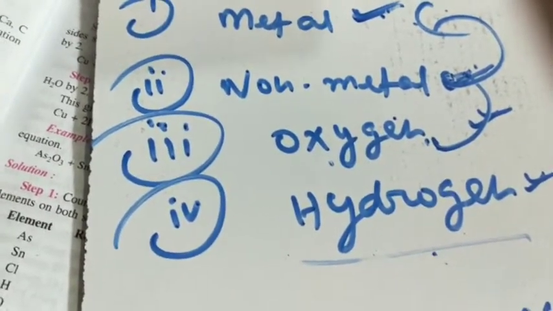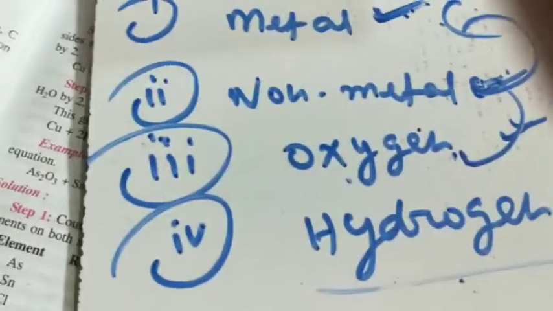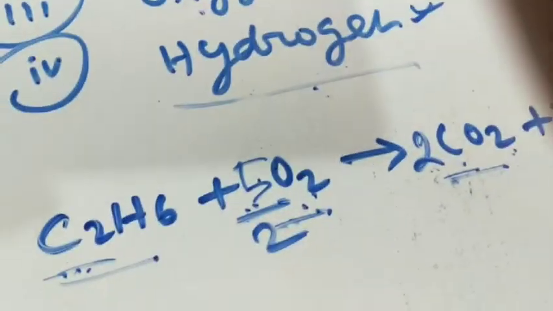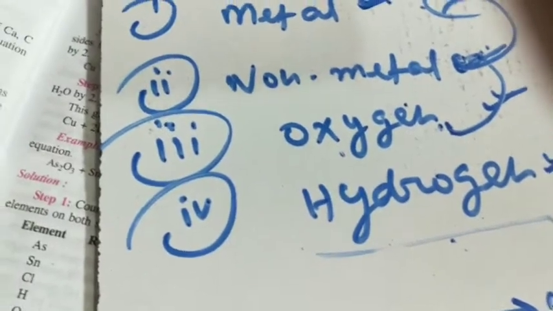If you apply 5 here, because on the right hand side it is 5, then the number of oxygen will be 10 on the left hand side. Then how can you manage? So you write 5 by 2 here as a fraction, because this 2 will cancel out. It is allowed. If you think that it is the wrong way, then that's your misunderstanding. It is allowed in an equation, but when we write 5 by 2, it looks very complicated. So you remove this 2 in a very easy way. You multiply each term of this equation by 2, then this 2 will be removed.